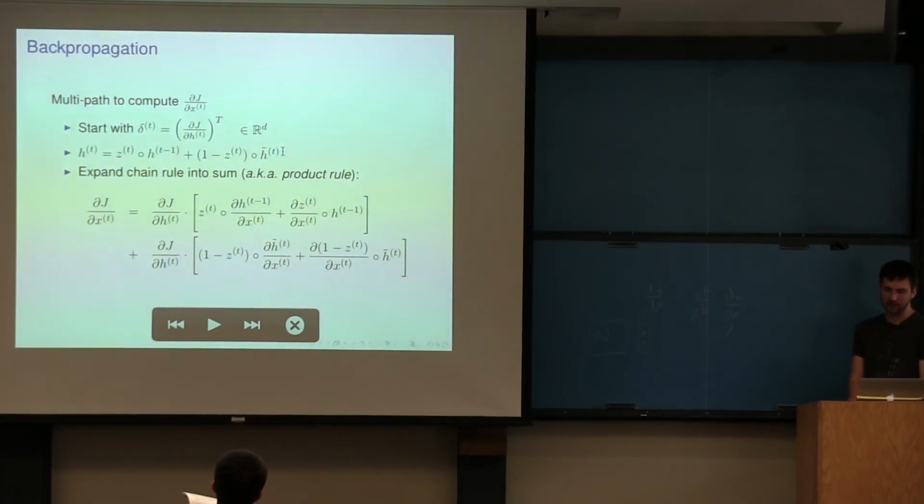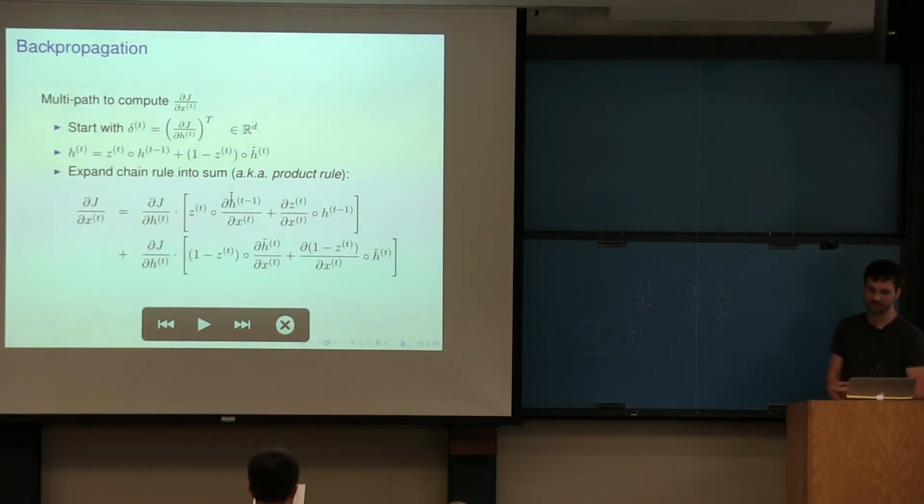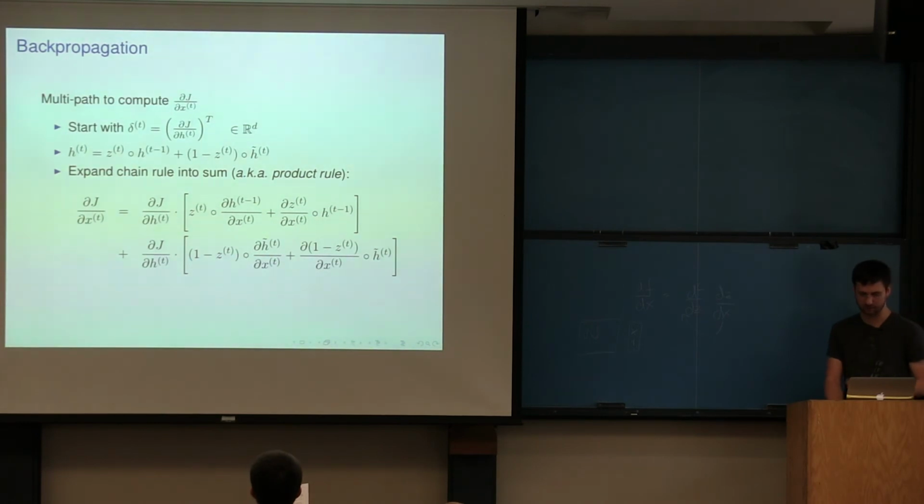And so we have to expand out the chain rule into a sum because we've got a sum of terms, and two of those terms are products. So we end up with 4 different terms. It's element-wise multiplication, so the product rule looks just like the product rule for scalars. So you need to check each side of the product, and you need to account for the sum. So we can write this out. Remember that each of these is multiplied on the left by this error delta, which in this formalism is a row vector.